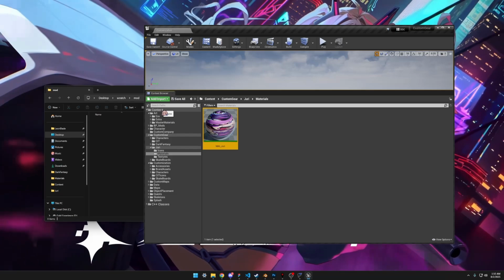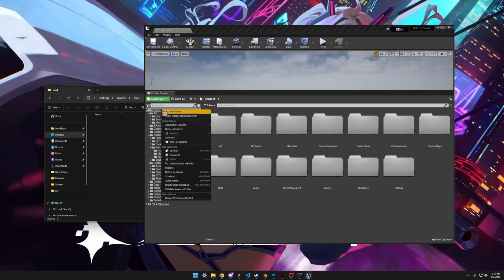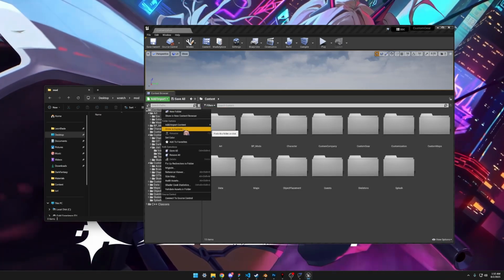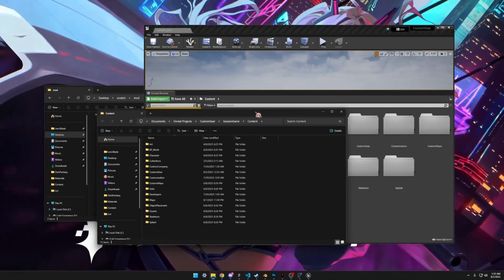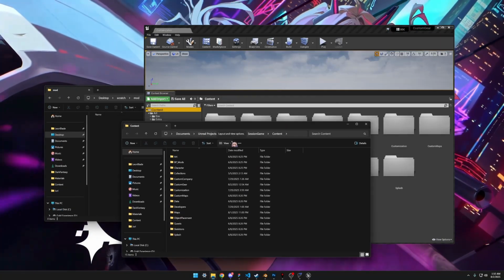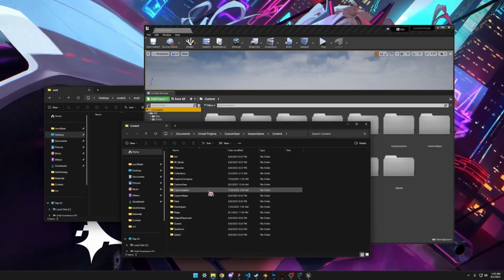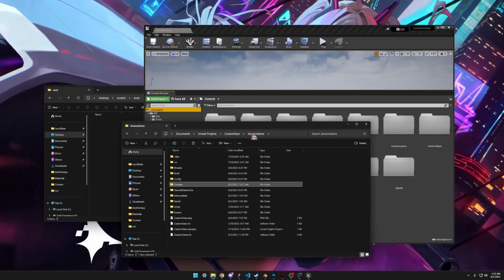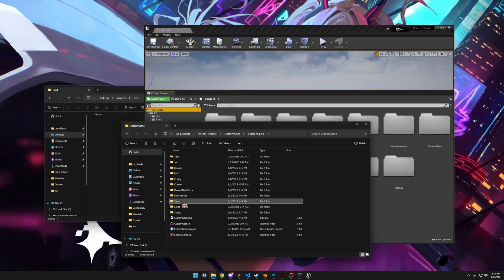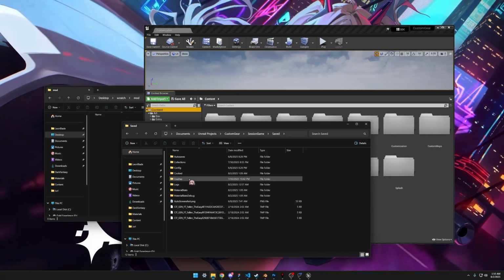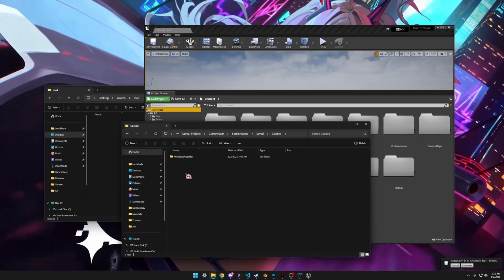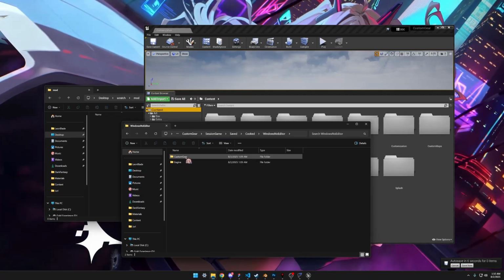So now we want to find those cooked files. The easiest way to do it from here is we can just right-click somewhere in here and then click on Show in Explorer. Now this is going to take us to where our Unreal Engine thing is. So this is in, again, Documents, Unreal Projects, Custom Gear. Now we don't want to be in here. We actually want to be out in Session Game. And you'll see the saved folder. Come in here. Then it's under Cooked, Windows No Editor,